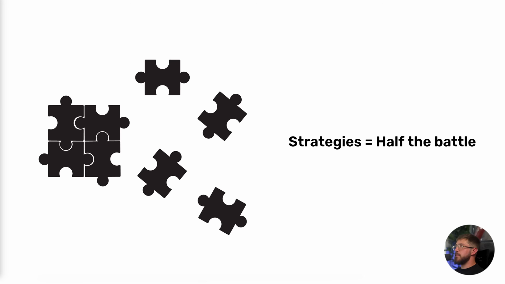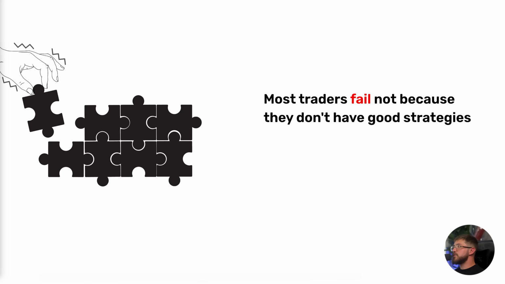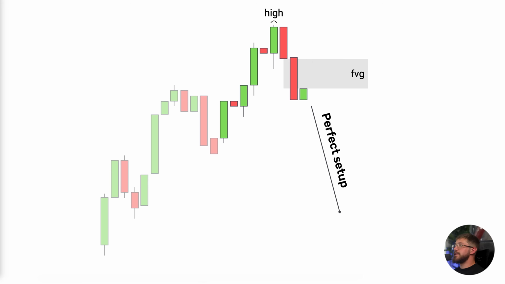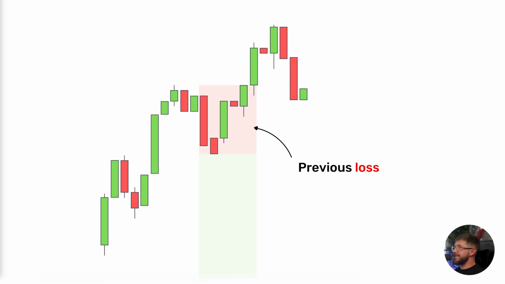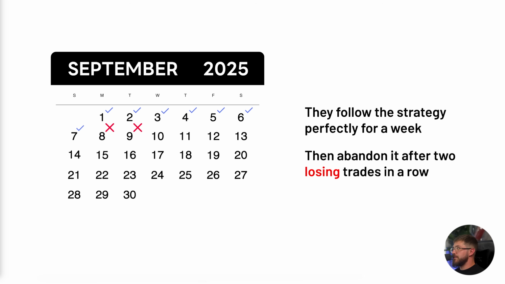Now, I need to be completely honest with you guys about something. Having these strategies is only half the battle. The real challenge, the part that separates the consistent and profitable traders from everyone else, is execution. Most traders fail not because they don't have good strategies, but because they can't stick to them when things get uncomfortable. They see perfect setups, but they hesitate because of a previous loss. They may even follow a strategy perfectly for a week and then abandon it after a few losing trades in a row,